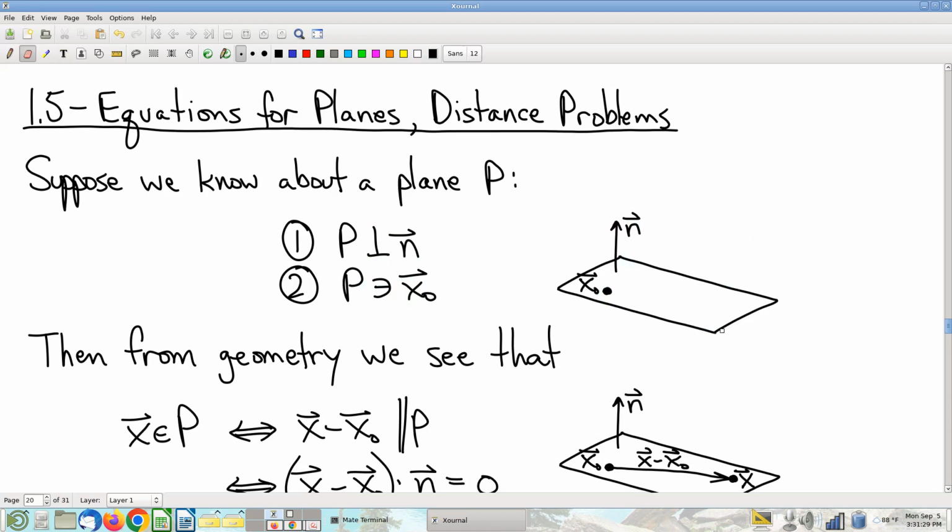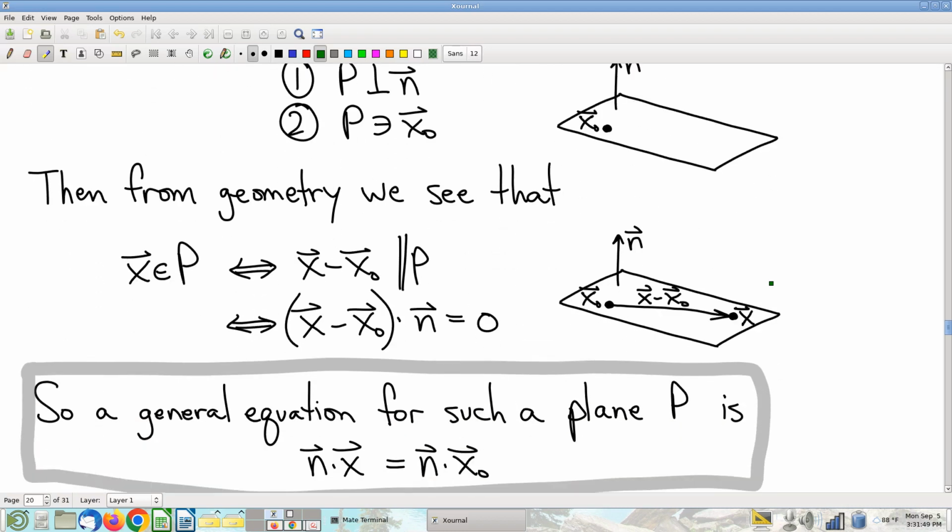Now, to find the equation, let's first recall that an equation is a test. Remember, this is by contrast to parametrizations. Parametrizations are point generators. Equations are point testers. So when I say we want to find the equation, we want to find a test. That is, if I've got some point x, how would I go about testing this point? What I'm going to propose as a reasonable candidate, keeping in mind that this point x naught is given to be in the plane,